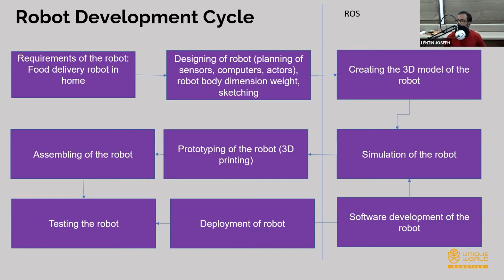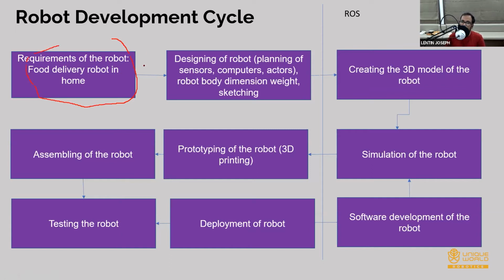Okay, so I actually mentioned what is the thing that I have to make, right? So that is actually the requirement. Okay, so I have a requirement. I need to design a food delivery robot that is working indoors, and there are a set of things. Okay, so that is the requirements. Maybe I can use the pen. Okay, so we got the requirements, right?